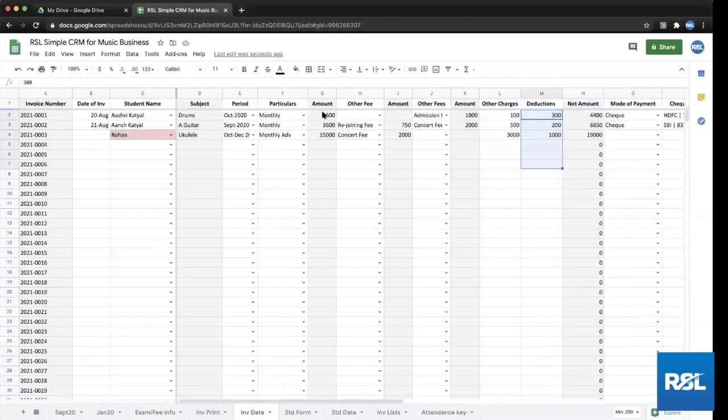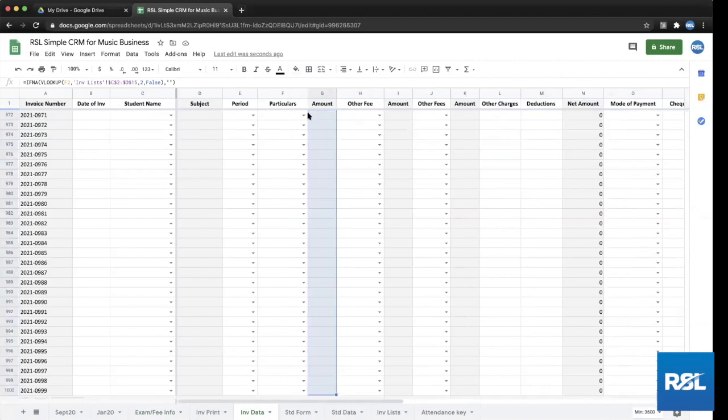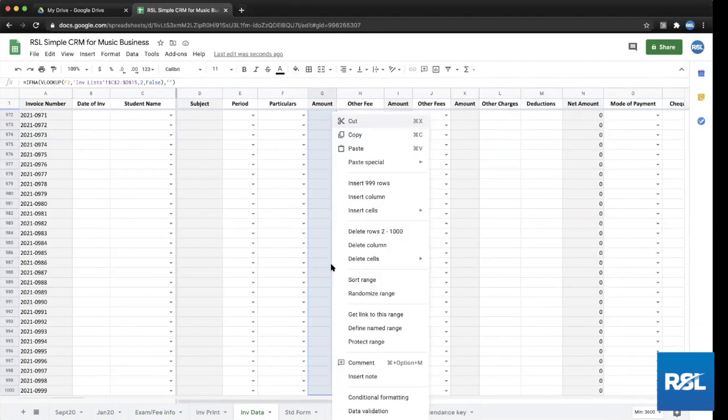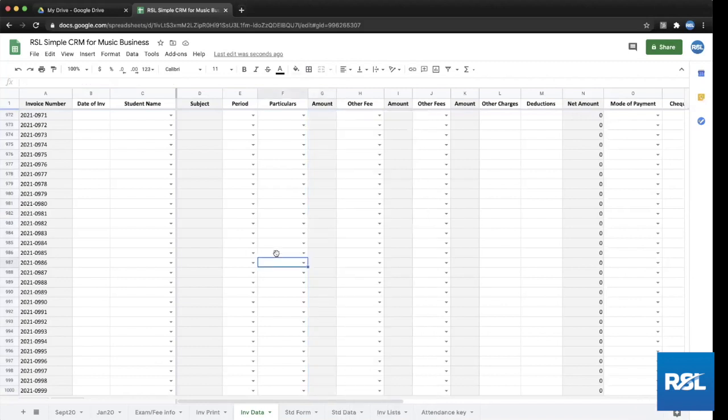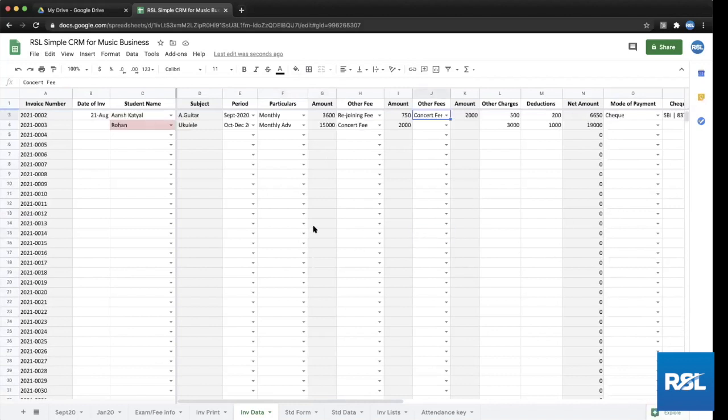You just simply select this, right? Just select the top row, press Shift and Command and the down key. It will select the whole range till the cell 1000, as you can see here. Right click it and protect range. That's all you need to do. Then nobody else will be able to enter an amount that you don't want them to be able to enter, right? So this is how it works. So this is how you protect range and formulas.